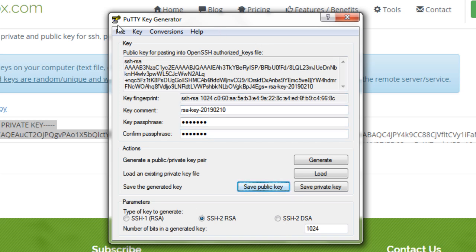But PuTTY is an example of a locally run public-private key generator. And just to review, you're going to need to be able to encapsulate your public key in a form that you can post it. And I intend to make a video on what you can do with your public key